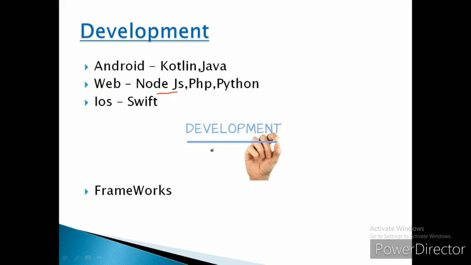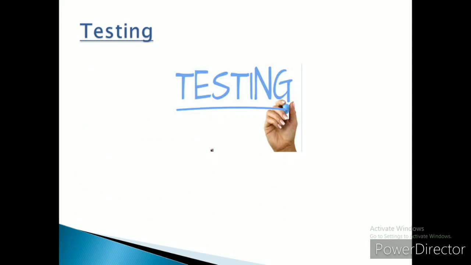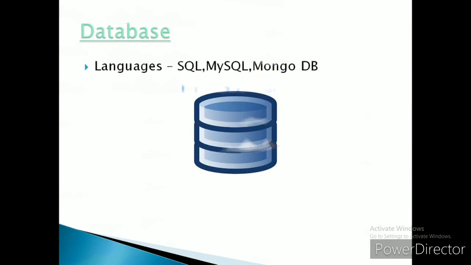After the development, we'll be moving to the testing part, right? The developers will be giving their product to the testing team, and the testing team makes the objects for the classes, which, if you are familiar with Java, you will know what objects and classes are. They will be testing the product in all the cases. Once they finish testing the product, they will be sending it to the database.